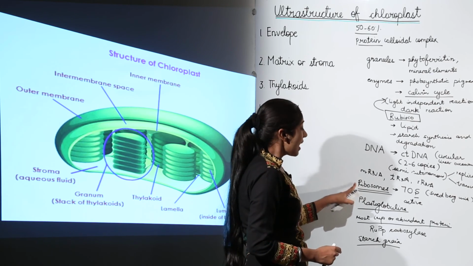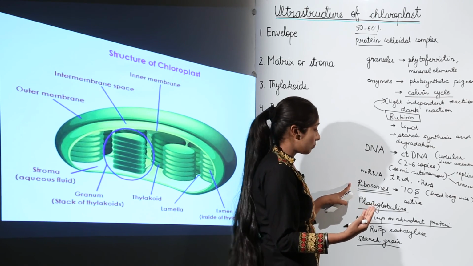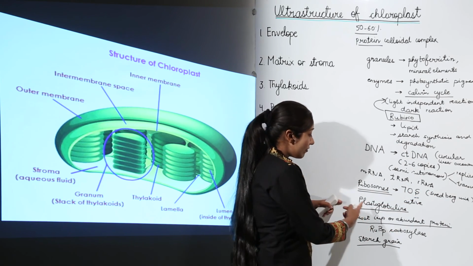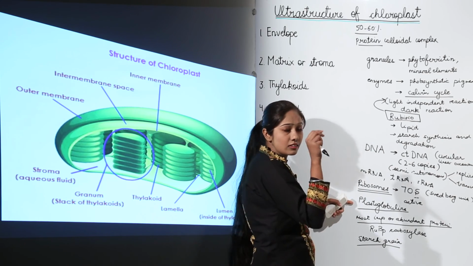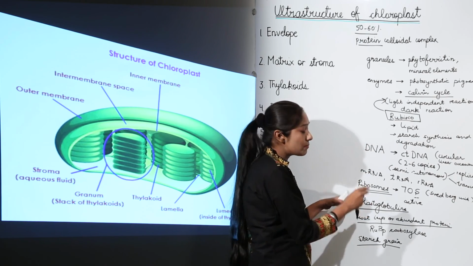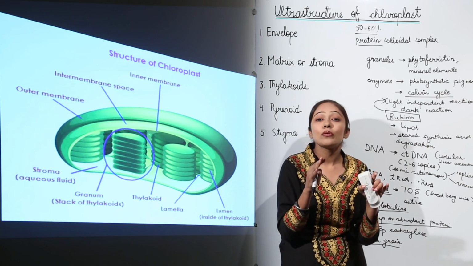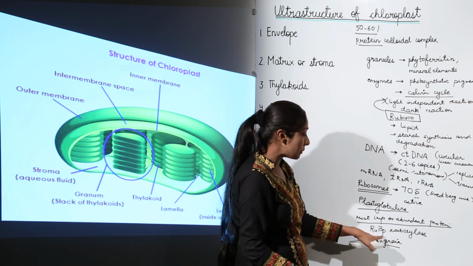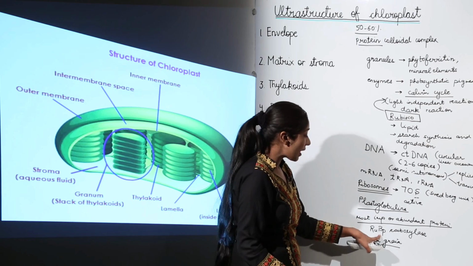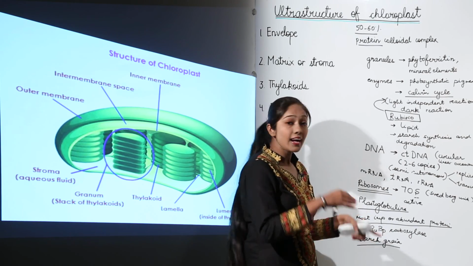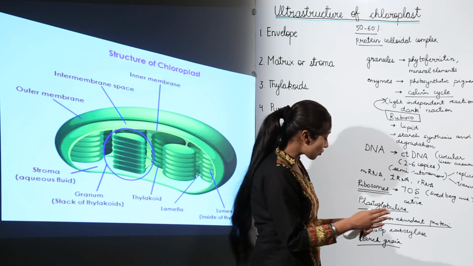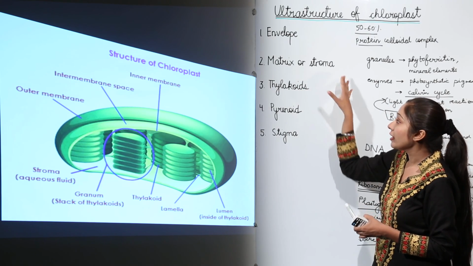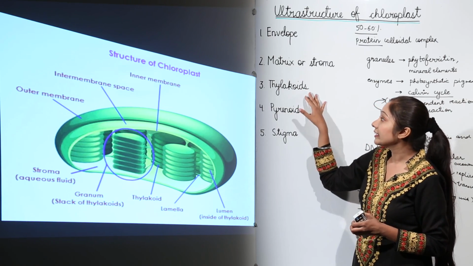Then we have ribosomes, very active ribosomes in case of chloroplast, and they are generally 70S type. As I told you, S is Swedberg unit. Then we have plastoglobulins. These are the lipid containing granules, and they become visible when the chlorophylls are going to degenerate. Then the most important or abundant protein is the RUBP carboxylase, that is ribulose biphosphate carboxylase. Then in some higher plants, the matrix or the stroma also contains some starch grains. So this was all about the matrix or the stroma. Now we will be moving to the other one, that is the thylakoids.